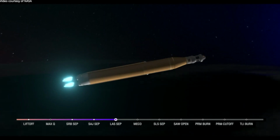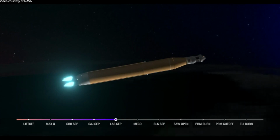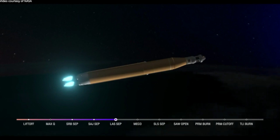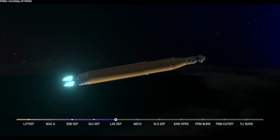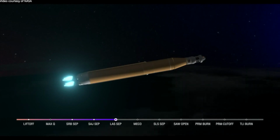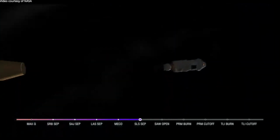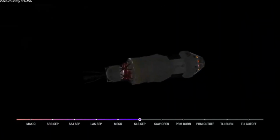Now 7 minutes 45 seconds into the flight, traveling over 16,000 miles per hour. Continuing to hear good calls here in Mission Control Houston. We're standing by for core stage main engine cutoff. And we have confirmation of core stage main engine cutoff. Orion is now in Earth's orbit. The flight dynamics officer reports that we have a nominal main engine cutoff. And we just heard the call for core stage separation. That means Orion and the interim cryogenic propulsion stage are now flying free from the core stage of the Space Launch System. The next milestone will be solar array deploy approximately 18 minutes